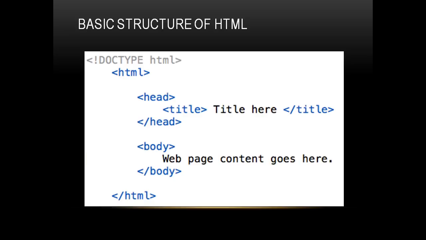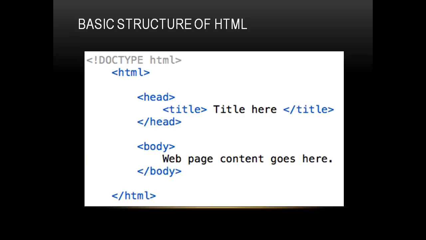Now if you observe HTML, head, title, body, all these tags are having corresponding closing tag. So such tags are called as paired tags, as it is having both opening and closing tags. But there are some tags like anchor tag, IMG tag, HR tag, which don't have any closing tag. So such type of tags are called as unpaired tags or standalone tag.